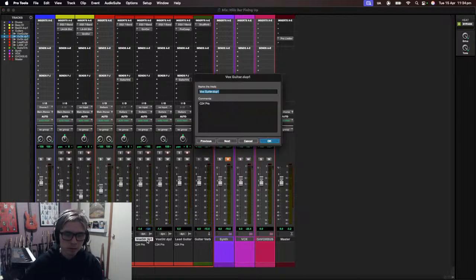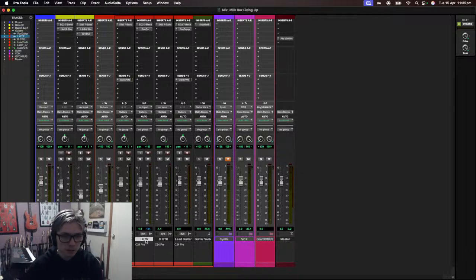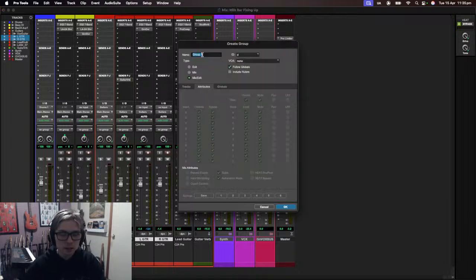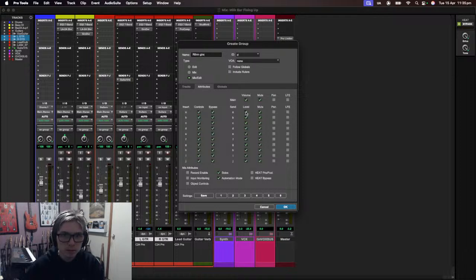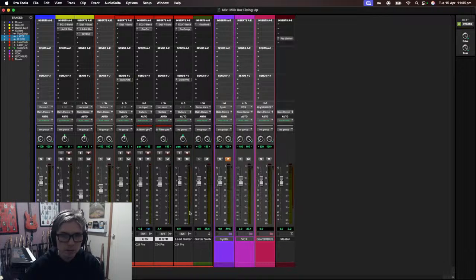I am going to go L guitar and R guitar. The reason why I'm going to do that is so I can Command G rhythm guitars, and I'm not going to follow globals, but I don't want to do any of this. I want them to be separate, but I want the solos and the main volumes to be the same or similar enough. For example,